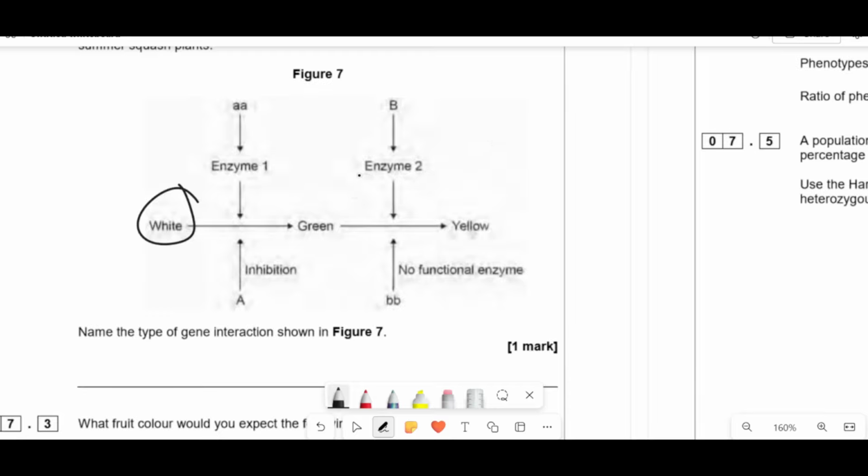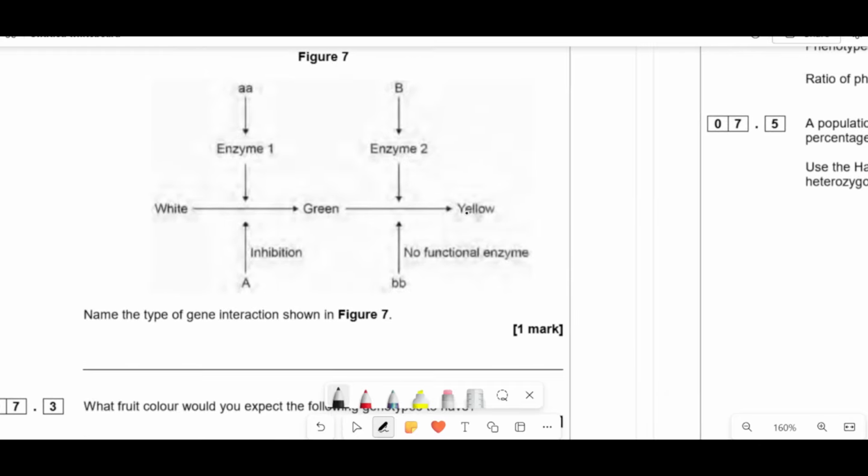So if we've got white, if we have little a, then it goes green. And if we have big B, it goes yellow. However, if you have white and you're inhibiting it, it can't become green, which means B can't act on it to become yellow no matter what. And if you have little b, then there's no functional enzyme, so it stays green. So this thing screwing up here, even if you have the right one for B, means you can't get to yellow. So the thing that's going on here is that this thing could mask the expression of this one,